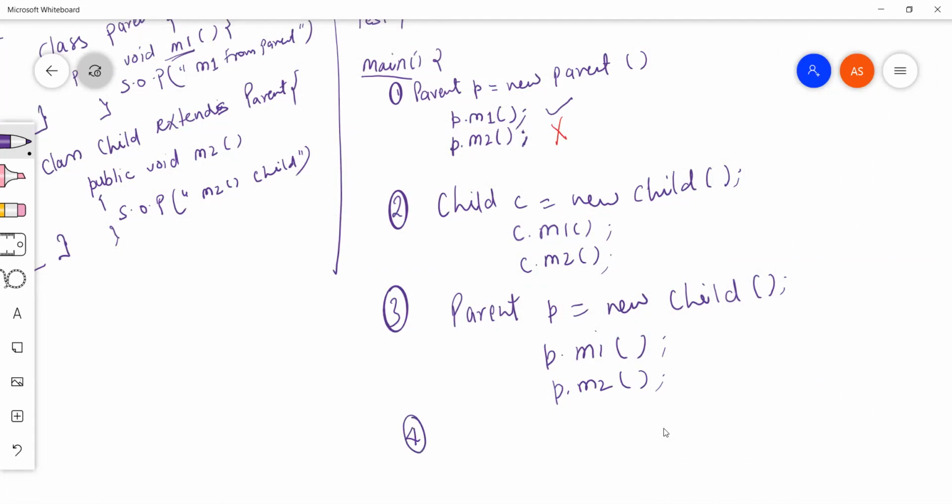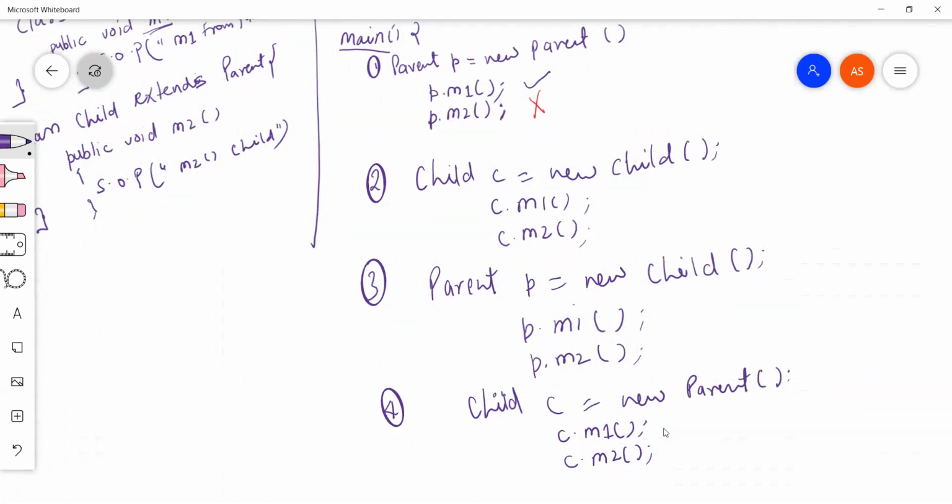And the fourth case we have is Child c is equal to new Parent, and then I'm writing c.m1, c.m2. So these are four possible scenarios we can have when we are working with inheritance, right?